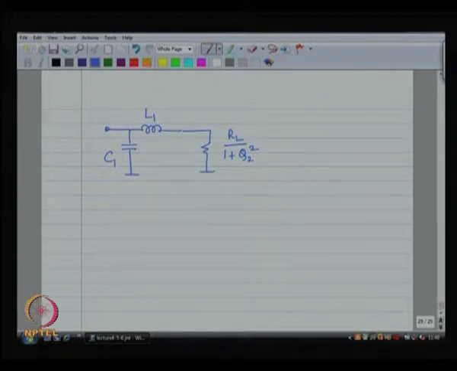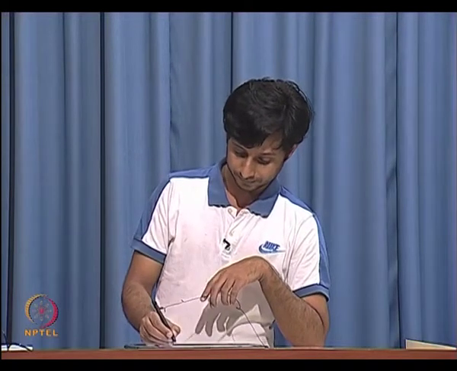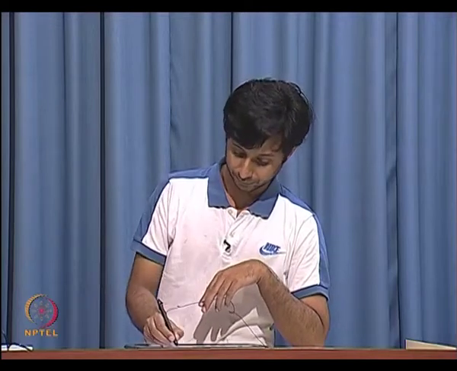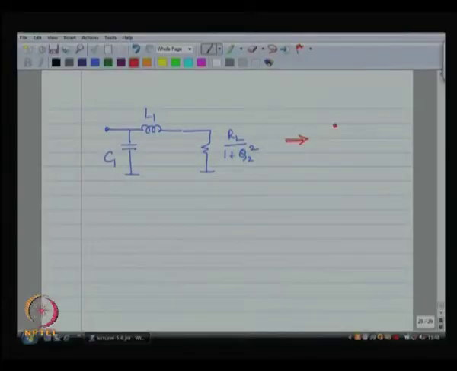This is what I see at the frequency omega naught. Now, we can further transform this. L1 is in series with a resistor. So, this can be transformed into a parallel combination of an inductor and a resistor, and what is going to happen? This is going to transform into a capacitor in shunt with an inductor, in shunt with a resistor,